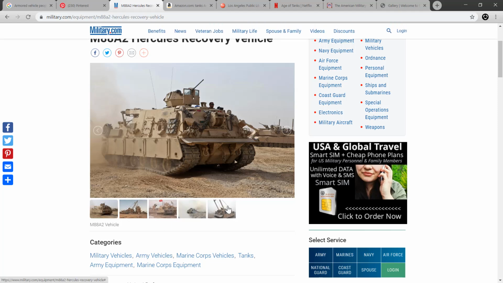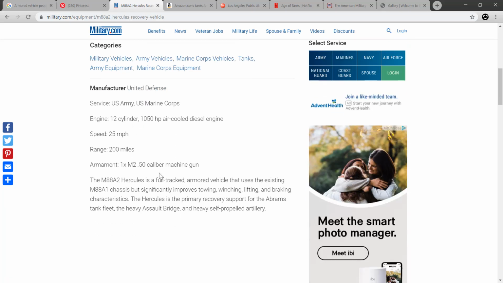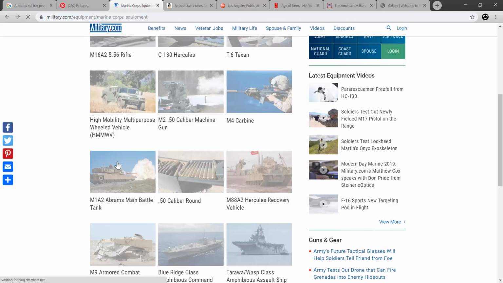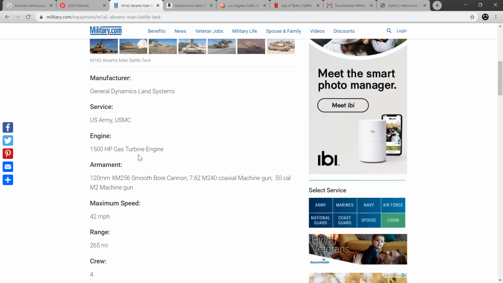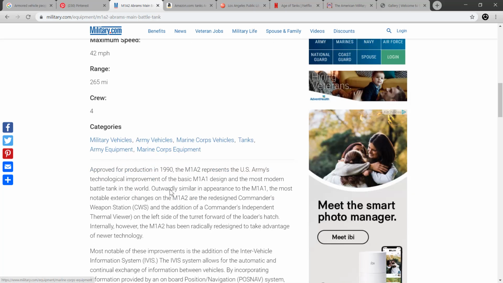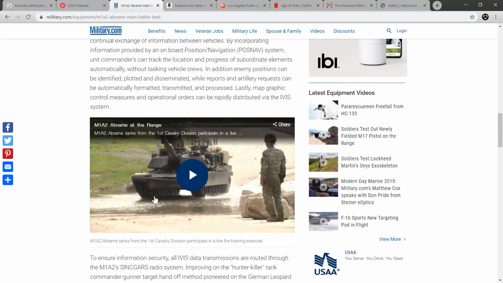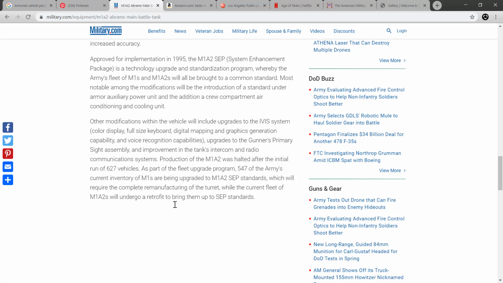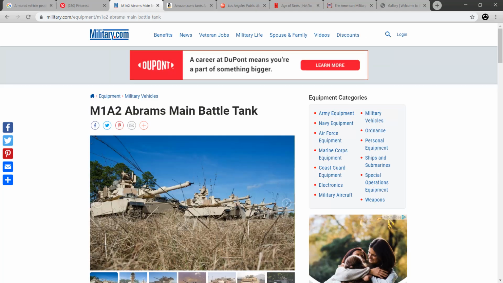It has some images for you. Usually they're good images. And in addition to that, it has a bunch of text about it. So here I'll go ahead and go to maybe the M1 Abrams tank. And you can see that it has a bunch of information, specifications and whatnot that you can use and understand and read up on. Sometimes it has some videos you can watch. So this is kind of a more predictable and intentional internet than just doing a very general search